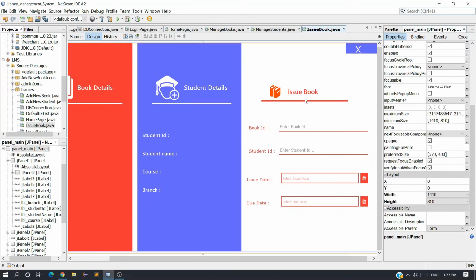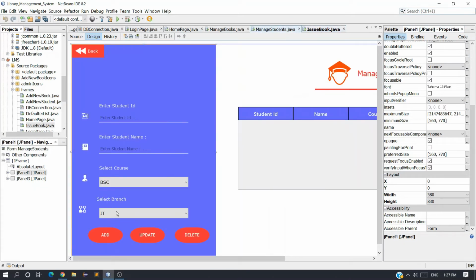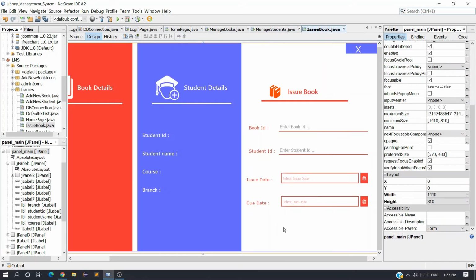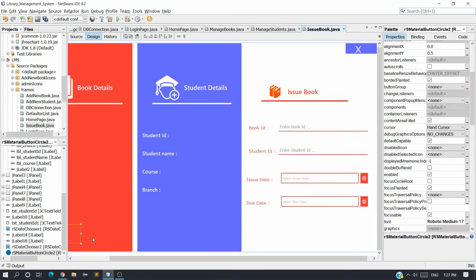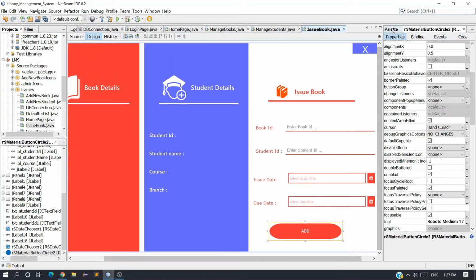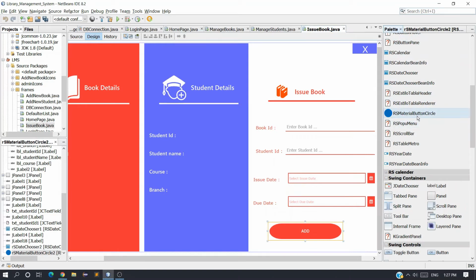Now take a button. You can copy the button from this, Control C, and come here and Control V. So the button is here, so I need the button here. Or you can simply go to palette manager and take this RS material button which I have provided you in the same video.